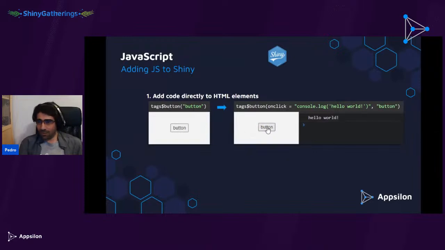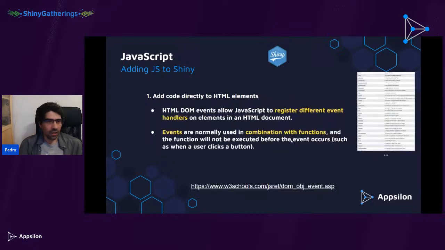Okay, so adding code directly to the HTML elements. This is also done by using HTML named attributes. So in this case, we can just add a bit of JS code, and the named attribute represents the type of event that we would like to track. In this case, whenever someone clicks this button, it would just print a message. This is an okay solution. I often use this not with the code directly, but to invoke, for example, a function that's defined somewhere in a file. This is pretty useful.